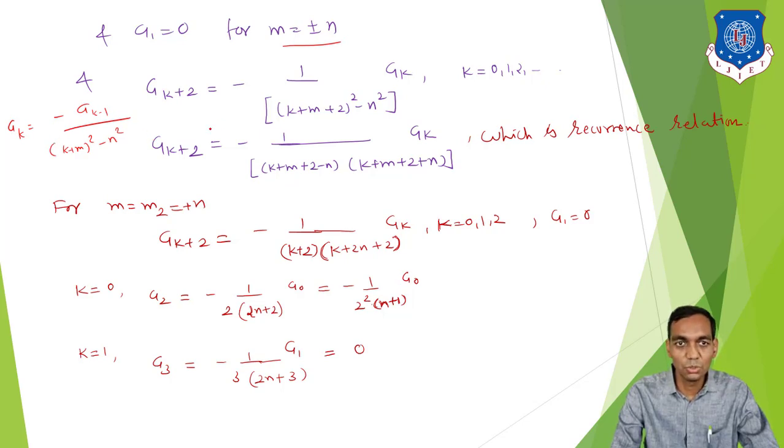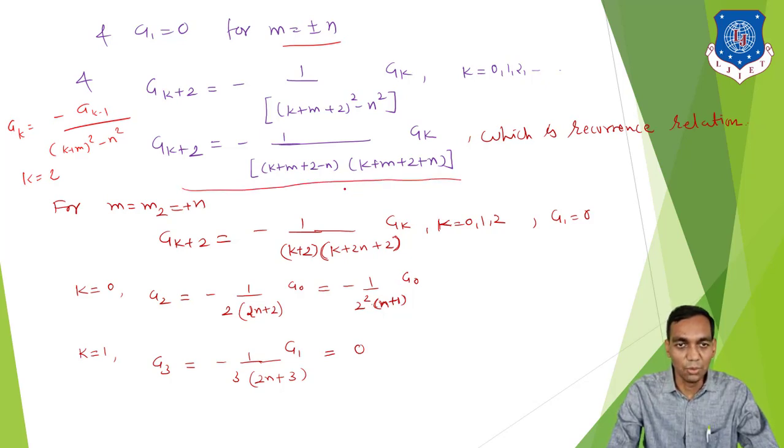Here we have used k instead of r. So this is the recurrence relation. If you use the simple recurrence relation, it starts with k equal to 2, but here we have written it in a simple form and it starts with 0. So a of (k plus 2) has the value minus 1 upon (k plus m plus 2 minus n) and (k plus m plus 2 plus n) into ak. This is called the recurrence relation.